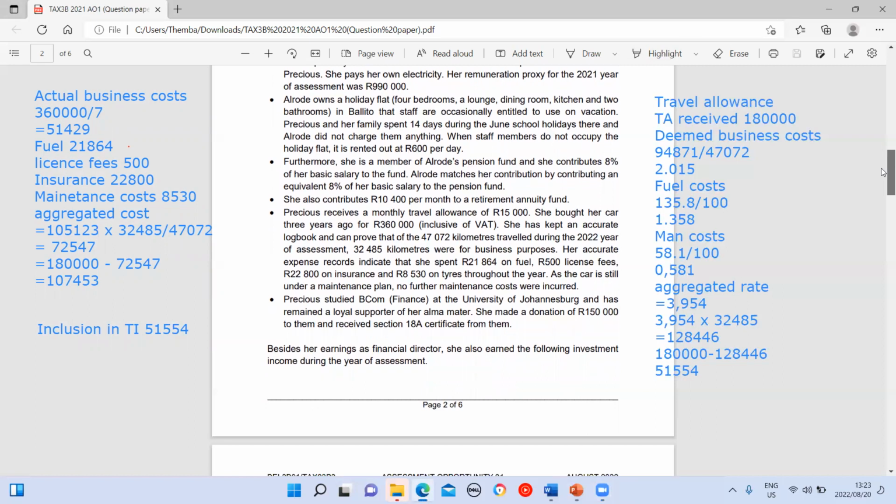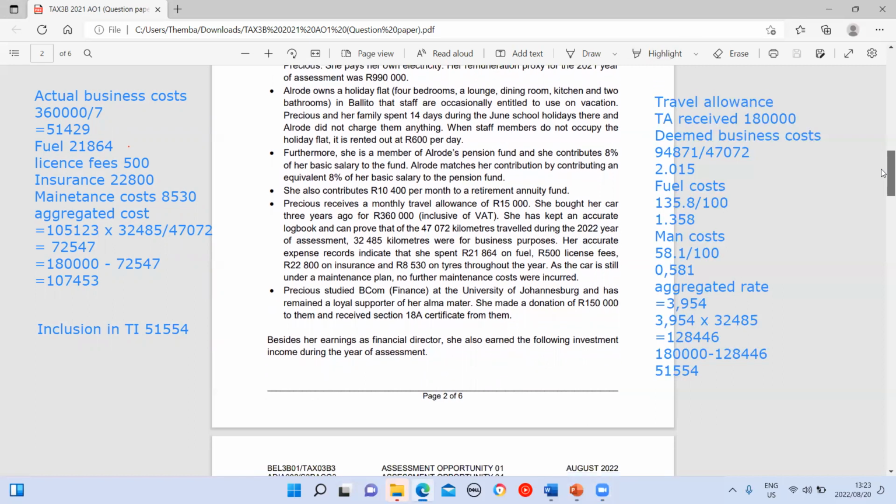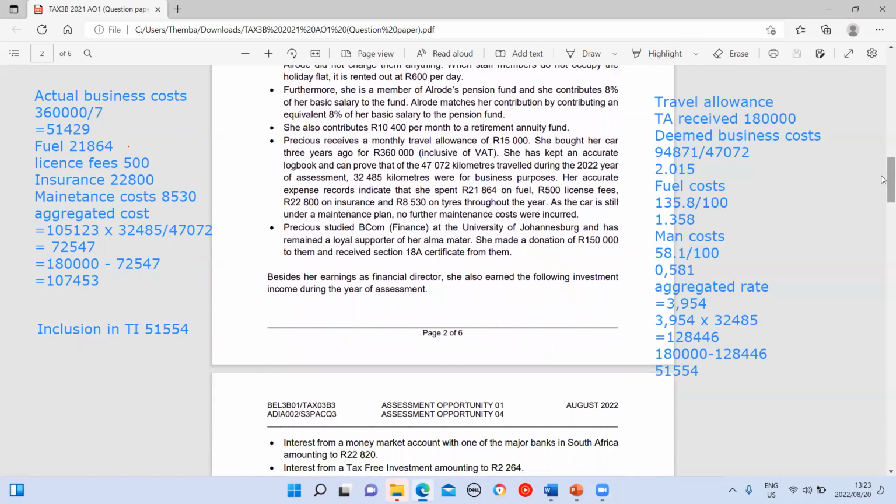You can answer the questions at the end of this session. So let me just finish this. So Pressure studied BCom finance at the University of Johannesburg and has remained a loyal supporter of her alma mater. She made a donation of 150,000 rand to them and received a section 18A certificate from them. Now the thing is,